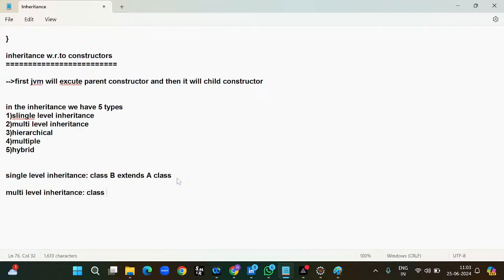For example, class C extends class B, and class B extends class A. In the same way,